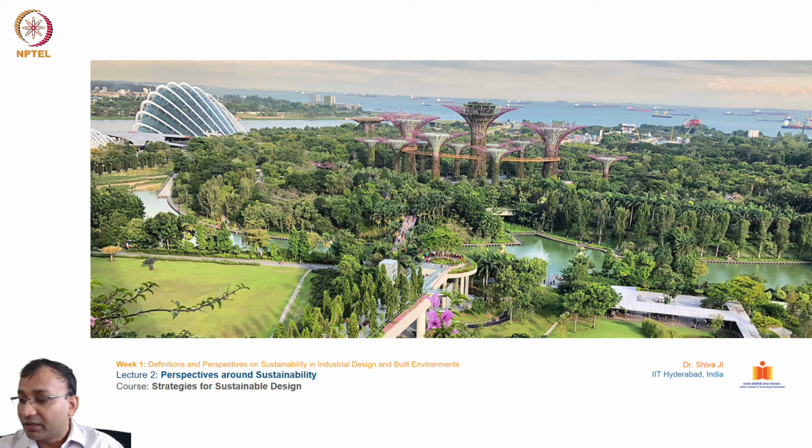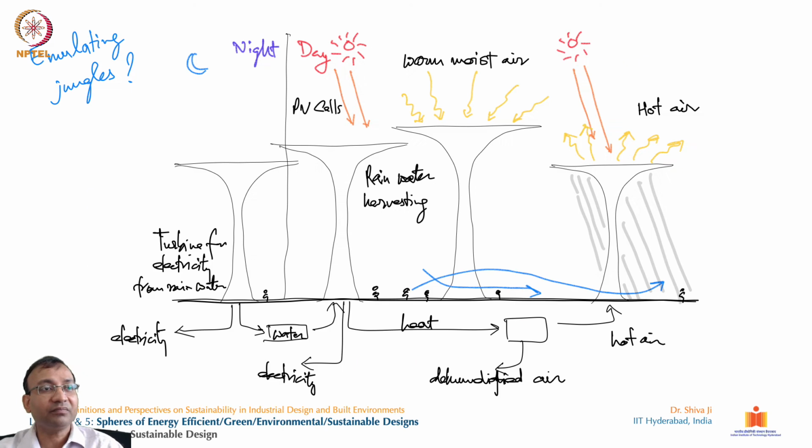There is a bridge over the air, so people can walk on top of these trees, in the middle of the height of these trees, over the top of these natural trees, and they can have a view of this area. This has water bodies and fountains and several other interesting things in the vicinity. You can see these creatively shaped buildings also on the right hand side. This is placed in a very posh, bustling area of Singapore city.